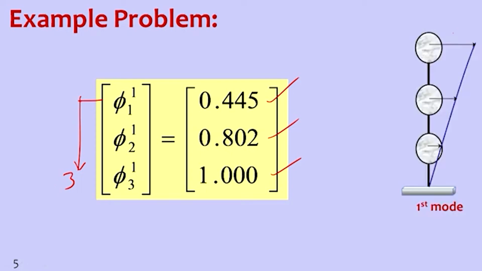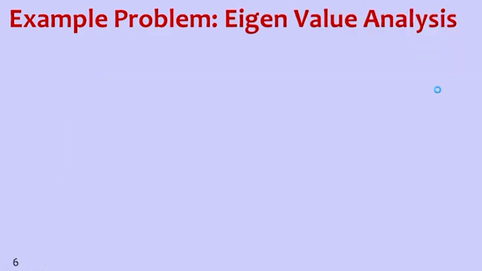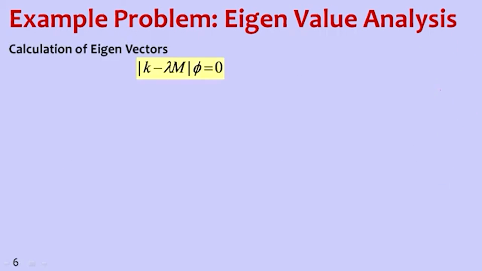If I draw the diagram, 513, 512 and 511. Here we have 513 as a 1 and 0.802 and 0.445. Now similarly we can calculate the mode shape, that is a 5 vector for second mode, by substituting lambda 2 as actual value of